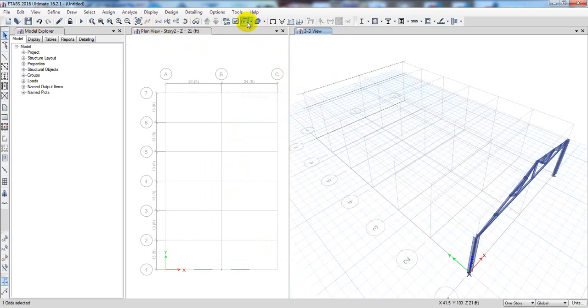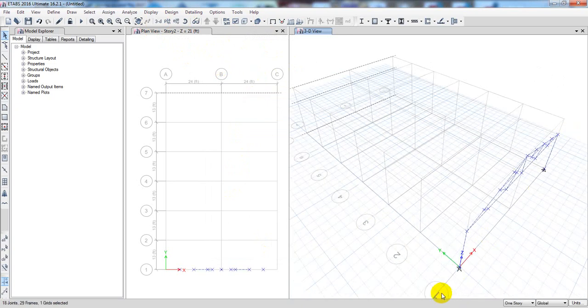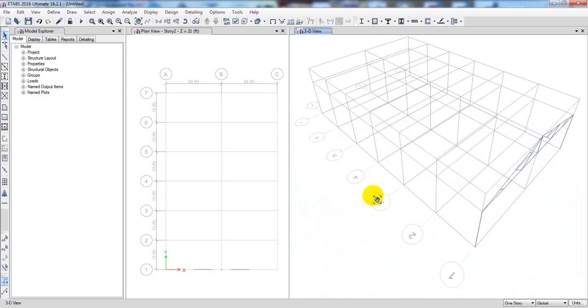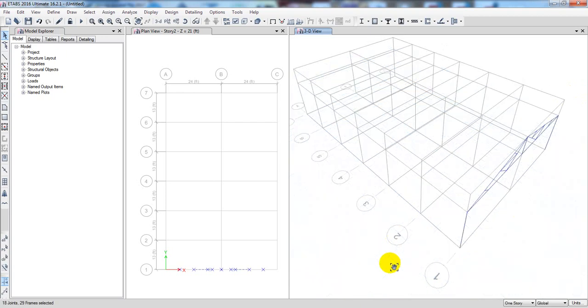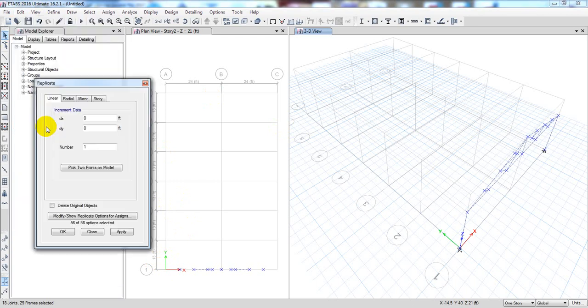I'll stop the extrude mode, and here also we can select all of the things from here, like that, and we can replicate that perfectly. Okay, so to replicate that, I'll skip, and here I'll select that. Okay, when it's here, now we'll go for replicate. And we have to see the distance, 13 feet. So I'll again go here, edit, then replicate, then